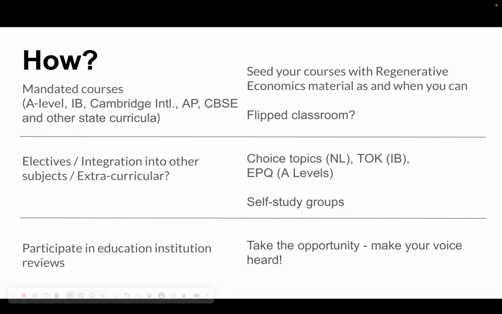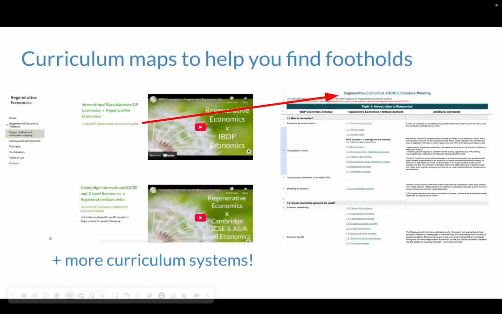So if you know that your economics curriculum is being reviewed, please take the opportunity to participate in those reviews so that you can make your voice heard and we can get more people at the table who are a voice for change. Now, to help you, if you've got a mandated curriculum, and to help you find the footholds for where you might be able to integrate some regenerative economics more easily,